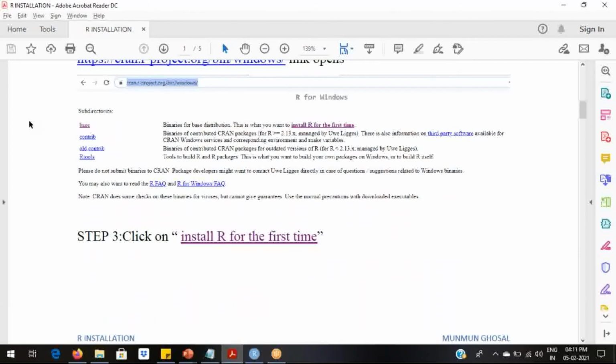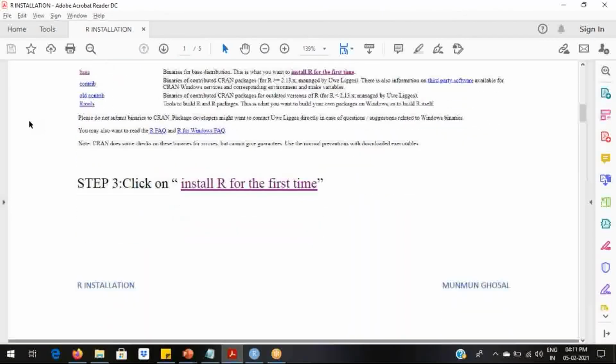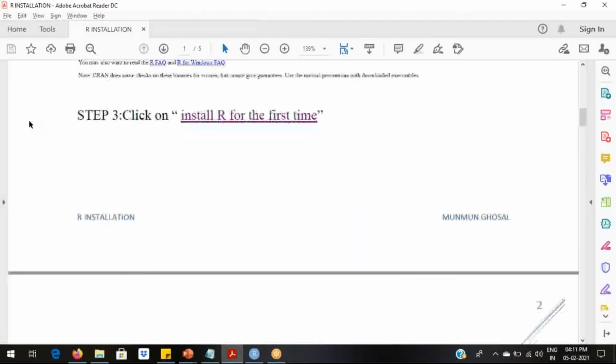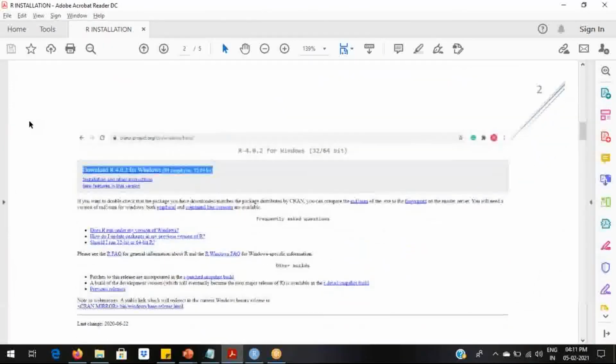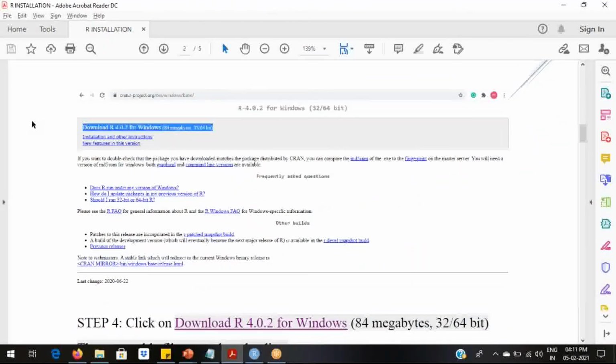So since I have installed both R and RStudio in my system, I am unable to practically do it and show it to you. I will just tell you the procedure. So once you click on install R for the first time, you can see the content highlighted on the screen. So download R 4.0.2 for Windows.